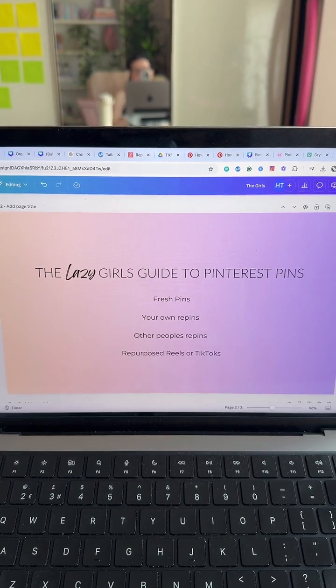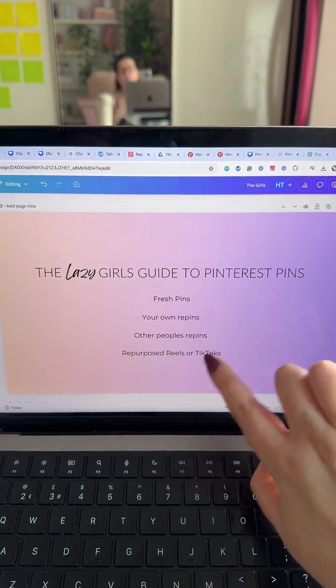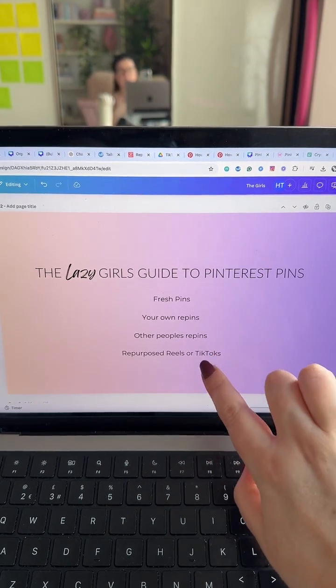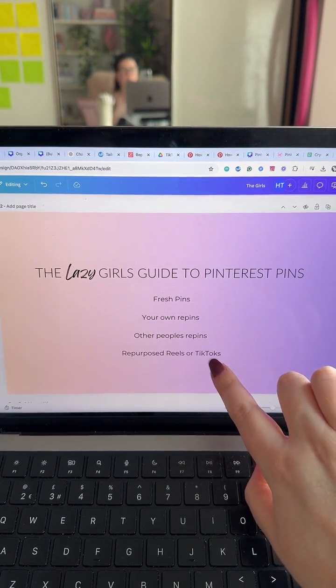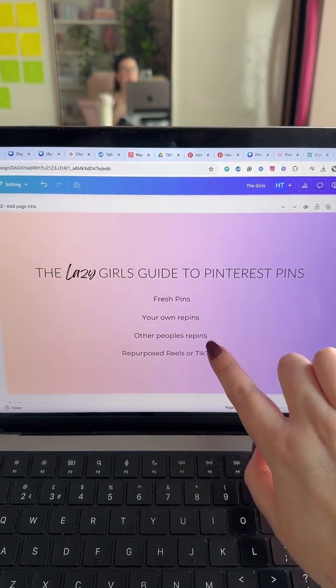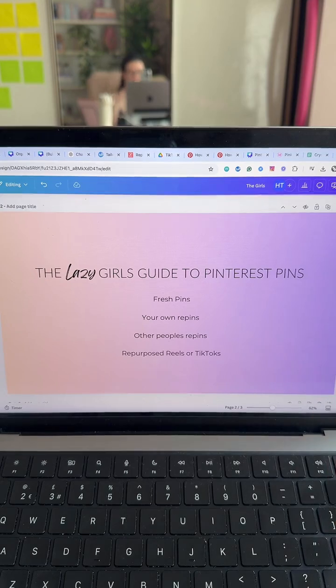You don't have to sit there and create 500 fresh pins, which will take all your time and energy. Maybe just aim for 30 for the first time you do it. If you uploaded 30 to 3 boards each, that's 90 pins. Then you could repurpose all your social media videos. And don't forget, if you repurpose all your TikToks, let's say you had 15 TikToks to upload, you could upload them onto 3 different boards, in which case you've got another 45. Can you see how, is this making sense? Let me know that this is landing for you.